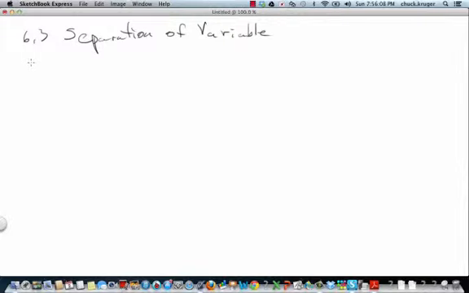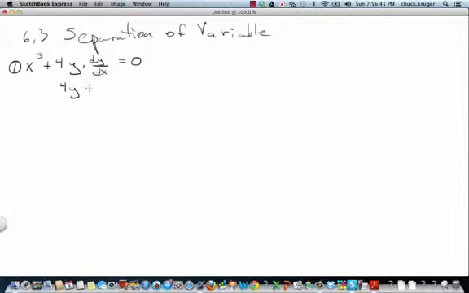and we're going to separate the variables, come up with a general solution for that, and then we're going to look at a specific point and come up with a particular solution. So the first one is x cubed plus 4y dy dx equals 0. Alright, so the first thing we're going to do is subtract the x cubed, and we're going to